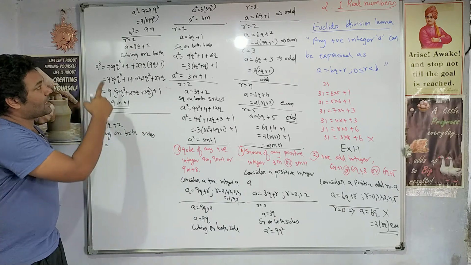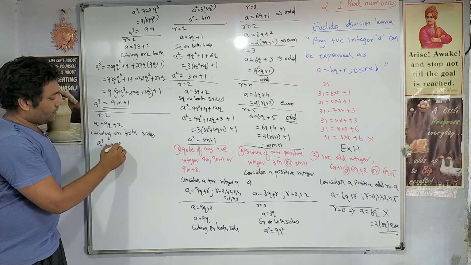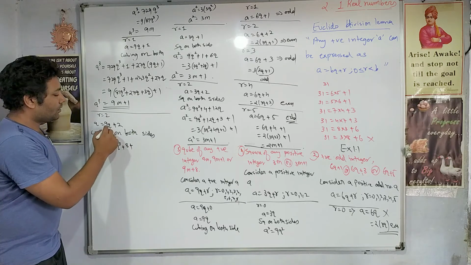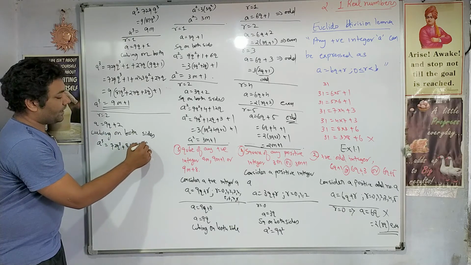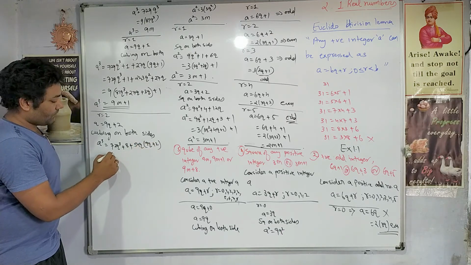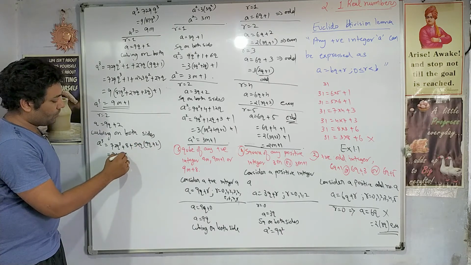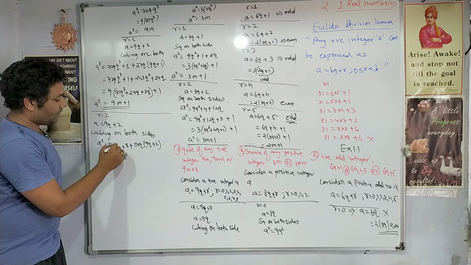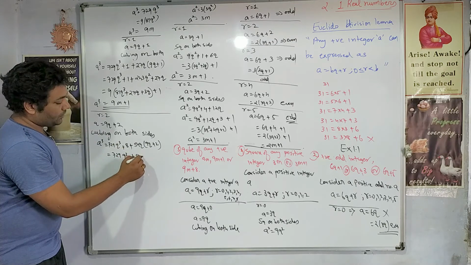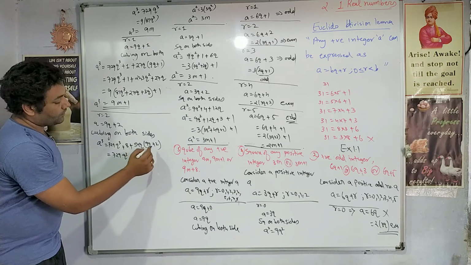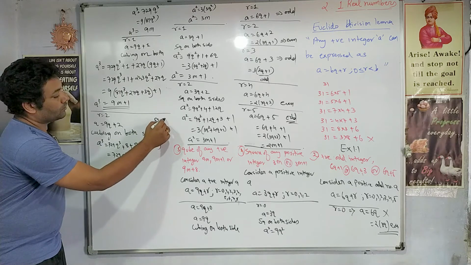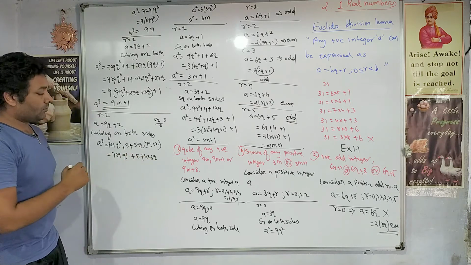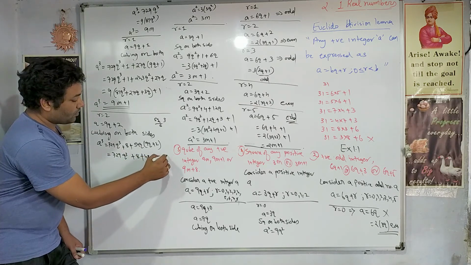Here also if I do 9 cube, I have already calculated, a cube plus b cube plus 3ab bracket a plus b, so this will be 729 q cube plus 8 plus this will be 54 nines are 486 q, right, plus